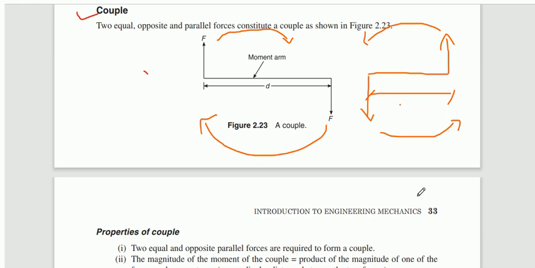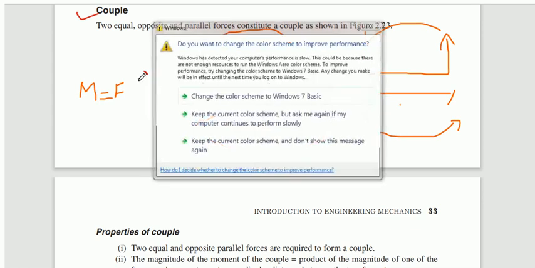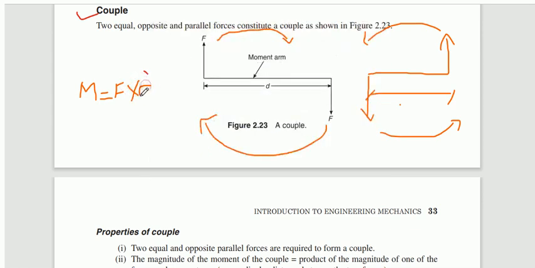And regarding the moment calculation, whenever you need to calculate the moment of a couple, you need not consider both the forces. The moment of a couple is always equal to one of the forces, both forces being equal here, into the perpendicular distance or lever arm. Because these two moments are equal, therefore the steering is rotating. So the moment of a couple is the product of one of the forces into the lever arm.